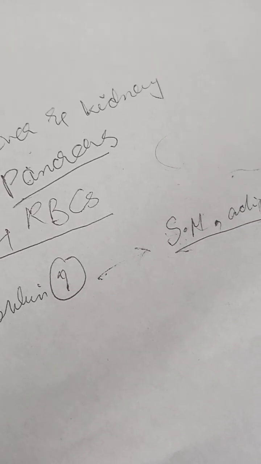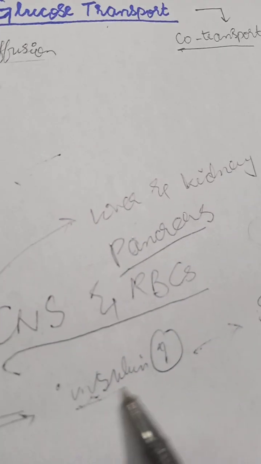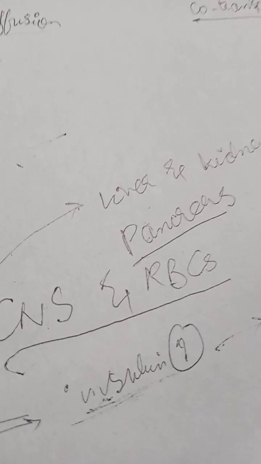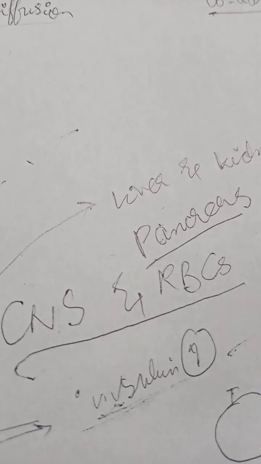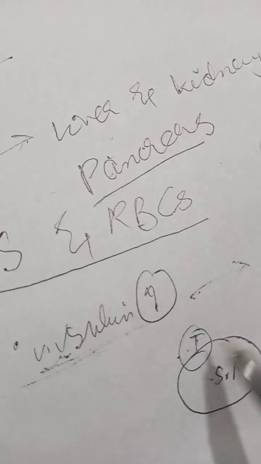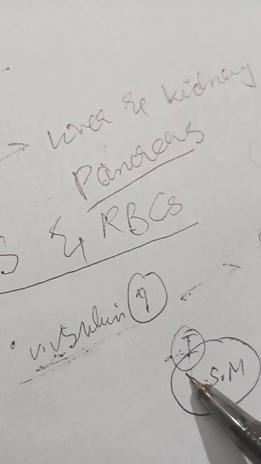These are the tissues that store the glucose. So these skeletal muscles or adipose tissues have a mechanism, and that mechanism actually allows the insulin to work for them. How? The insulin attaches to the cell membrane of the skeletal muscle, and this insulin gives signals to the cell, and